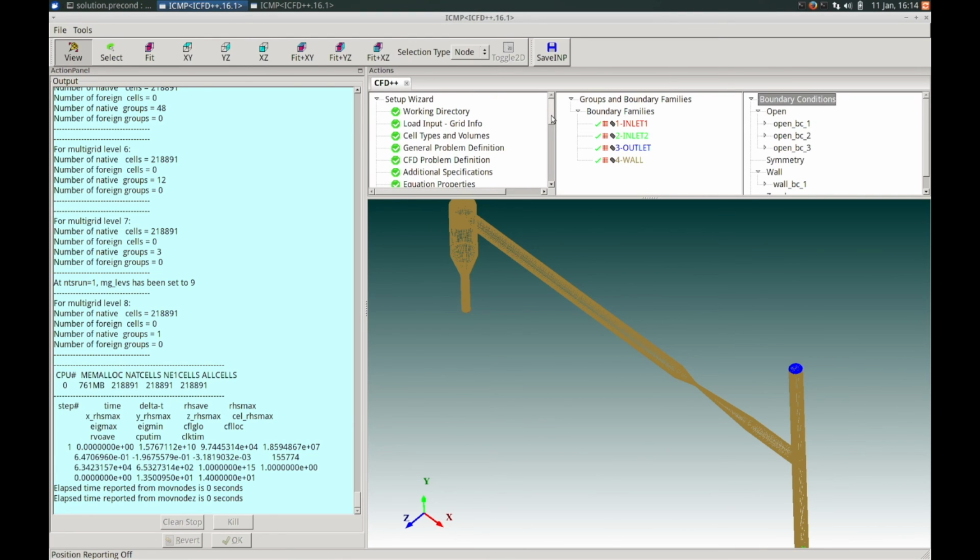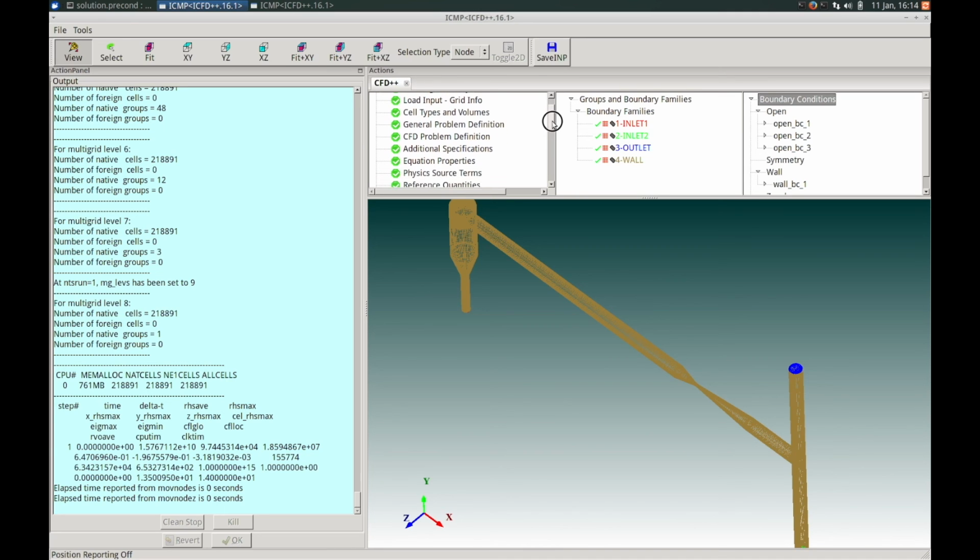Now we could start from scratch, start over with a new case with only the mesh files, and most of the inputs will be identical to what we have done here. So in this case, what I'm going to do is actually show a feature of the setup wizard where we can go back, change inputs in earlier items of the setup wizard, and we'll show you what happens here.